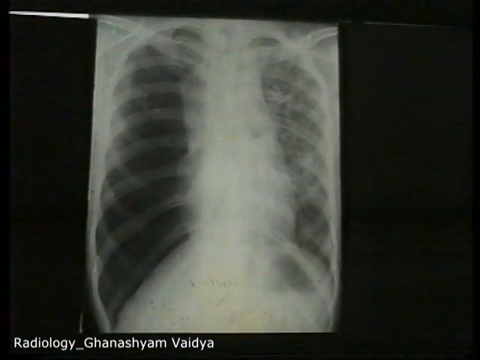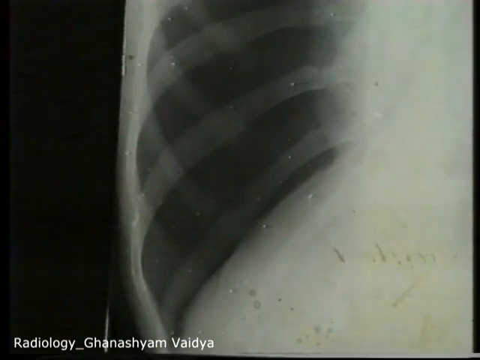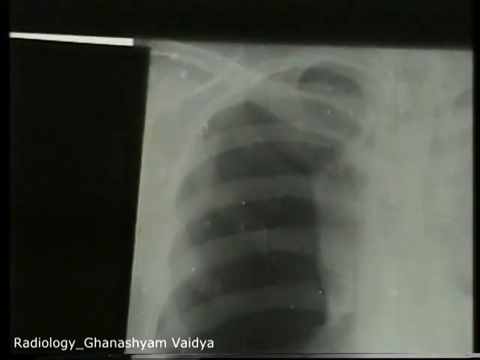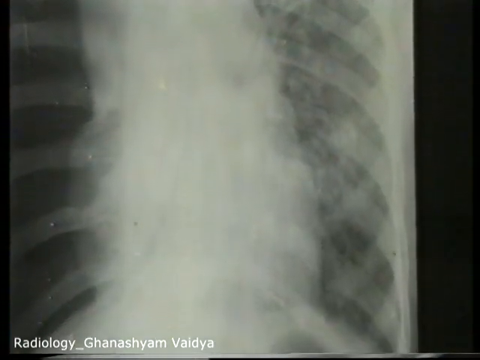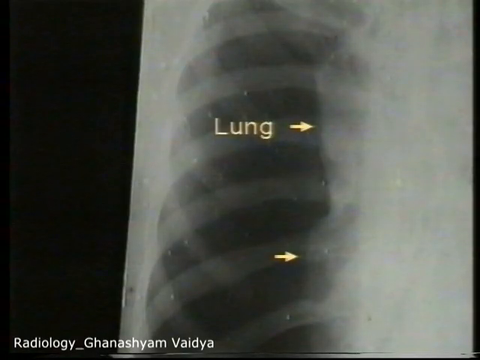This is a massive pneumothorax on the right side with total collapse of the right lung and the mediastinal shift to the opposite side. Note the complete radiolucency on the right side with collapsed lung at the hilum. Since the lung is completely collapsed and airless, it has become white or opaque and it occupies only a small area near the hilum. Any pneumothorax which occupies more than 1/3 of the hemithorax needs to be drained using an intercostal tube.